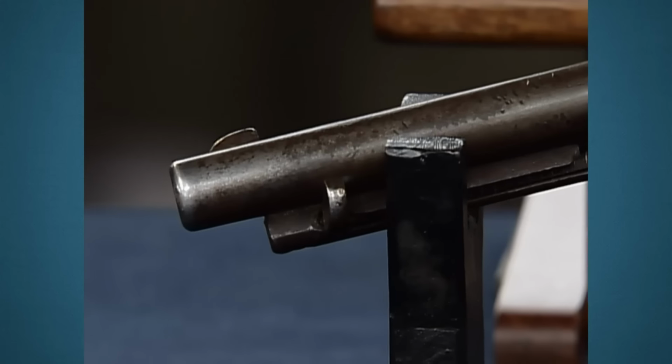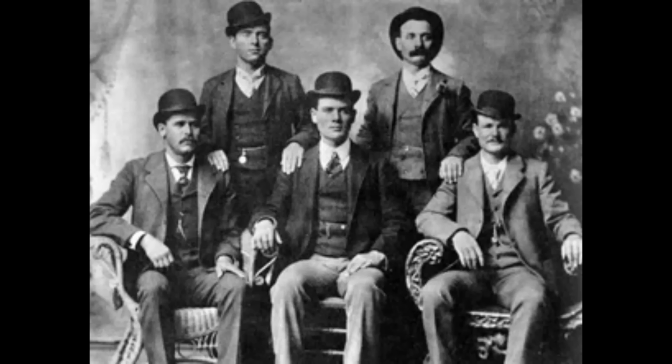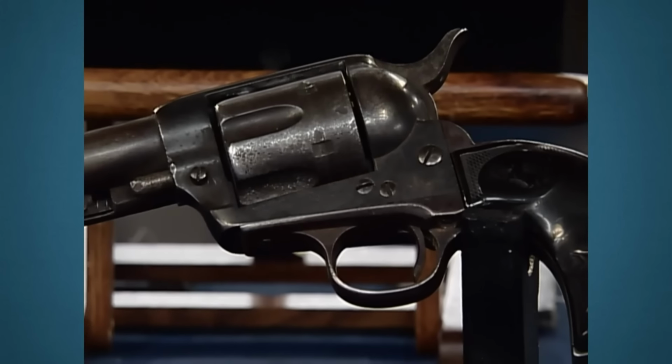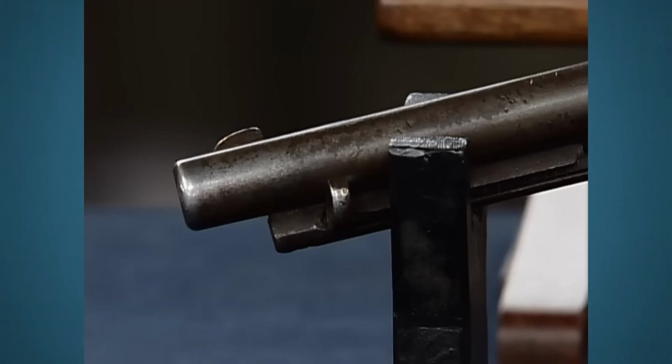A man walks into an antique show holding a weathered pistol with pride. He tells the appraiser how his grandfather had found the gun on his ranch back in 1920 with Brigham Hamilton, a former member of Butch Cassidy's gang, by his side. According to Brigham, the gang always carried extra pistols in their saddlebags, as the ones in their holsters would often fall out while being chased by posses. The man explains that given the proximity to the gang's hideout, they believed this pistol once belonged to one of